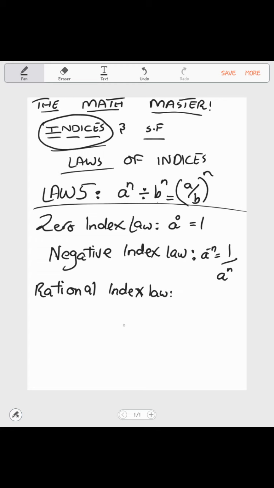This law states that a to the power 1 upon n equals the nth root of a. Why is this so, you may ask? We just did the negative index law. So what is this? This is a little bit confusing. When I first learned about it, I also found it a little bit confusing, but don't worry, it's very simple. Let me explain. When a number is in a root, and for example, if there's 2 over here, or any number which we are considering as n,